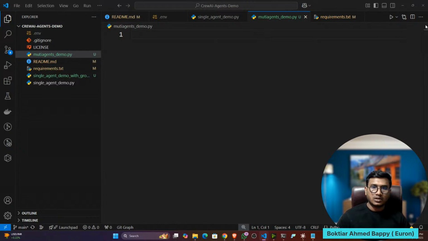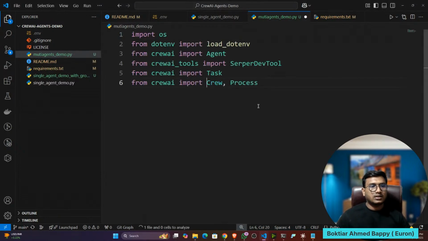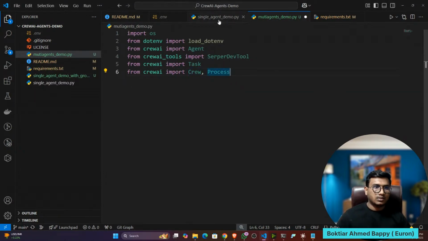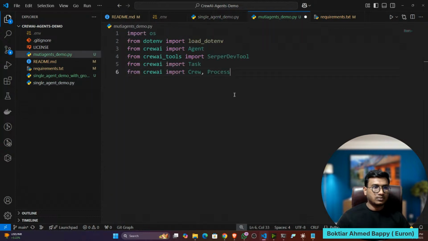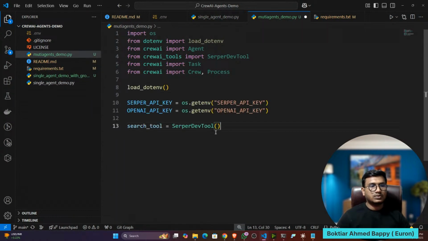Again, I'll import all the necessary libraries. Then you can load your env, the serper tool. Then after that you can create the agent.